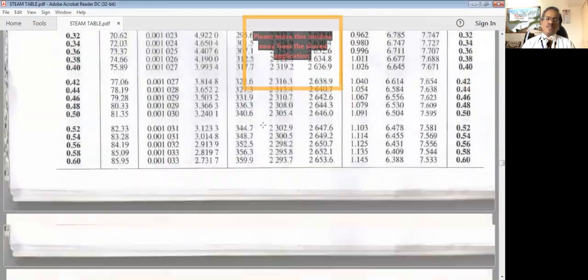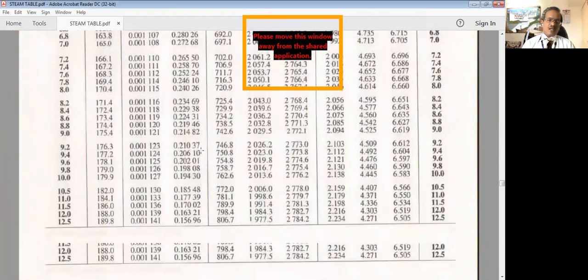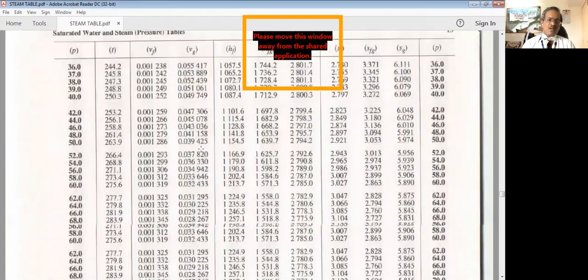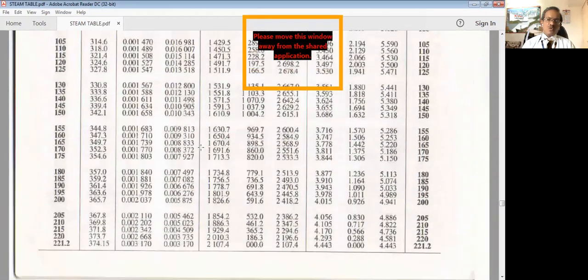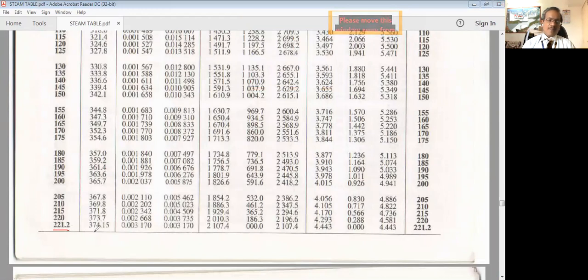This is table 2. Sometimes it is needed, so you can also see the pressure reaches up to the maximum of its value. That value is again 221.2 bar, the critical pressure. You can again see here, this is the critical pressure, which is 221.2 bar. The corresponding temperature is 374.15 degrees centigrade, and the remaining values are similar to those we have just seen in the previous table. So corresponding to this pressure, we can read the values for the specific volume, enthalpy, as well as the entropy.